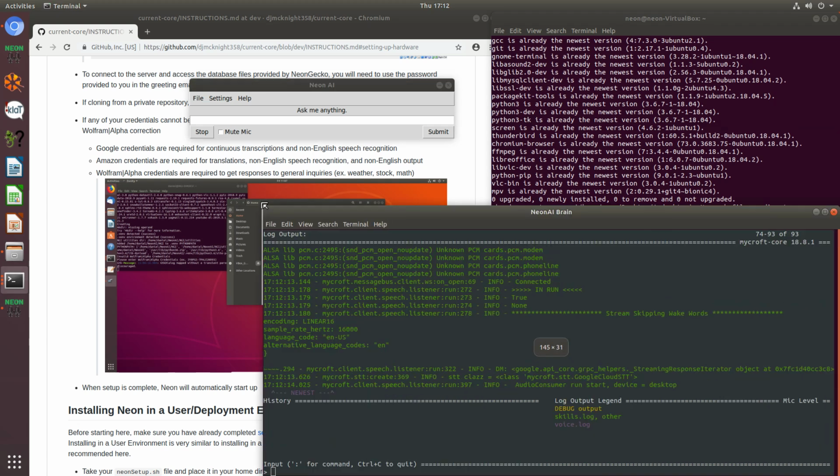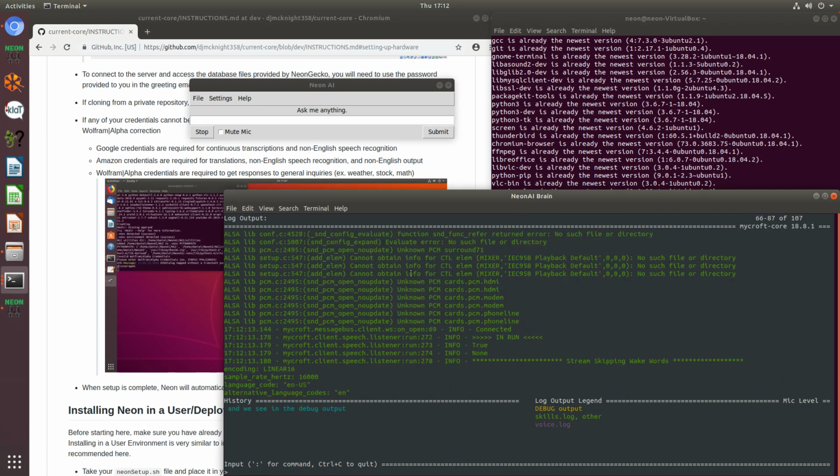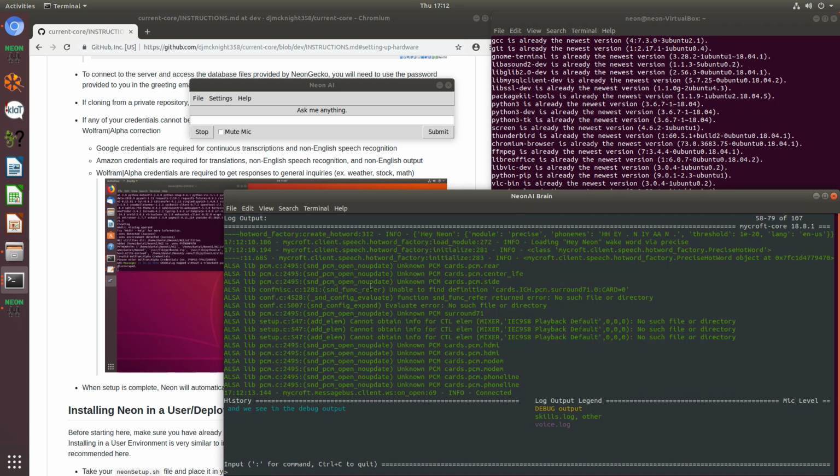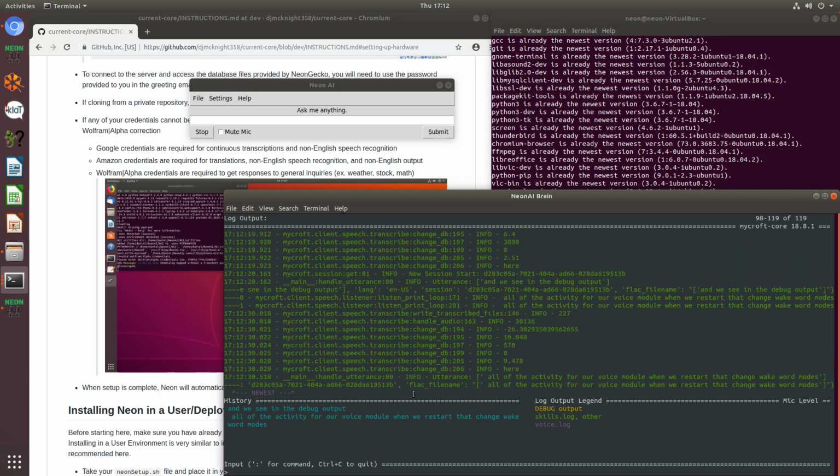And we see in the debug output all of the activity for our voice module when we restart that, change wake word modes. And we'll see here it is transcribing